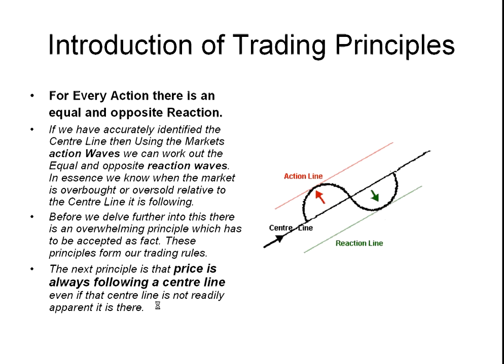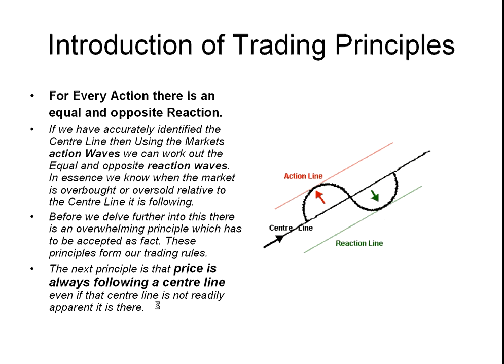Now one of Babson's second principles, we mentioned the first one, that prices return to the centres, and again that's very powerful and it gives us a directional bias. But the other principle is that for every action there's an equal and opposite reaction. And again, if we've accurately identified the centre line,